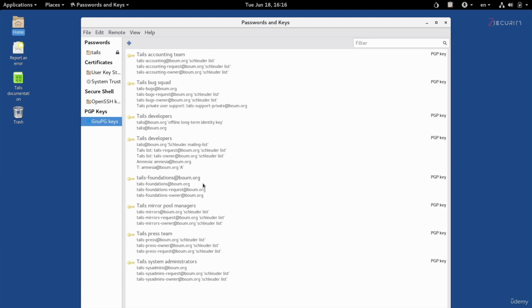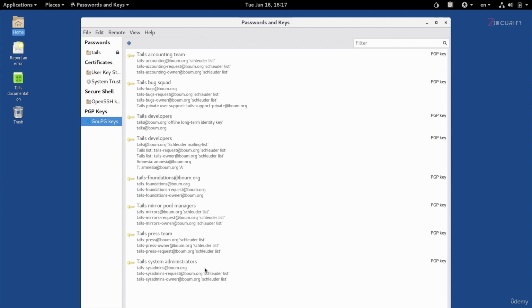Now, clicking on this, as you can see, we have a number of entries by default. Do not delete these entries. These are actually keys used to verify the integrity of updates that Tails downloads and the integrity of packages that you can download through Tails and install on your system. So if you delete them, you won't be able to verify the integrity of these packages. So we're keeping everything here the same, and what we want to do, like I said, is create our own key pair so we can share our public key with others,